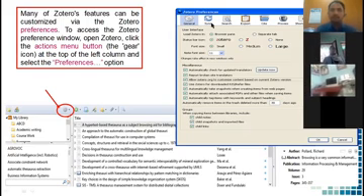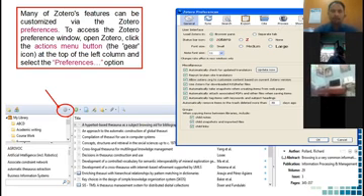Give the exact credentials which you had given at the time of creating your Zotero account. There are small configurations as well. If you would like to have a look at them, just look and then say okay, and things will be done.